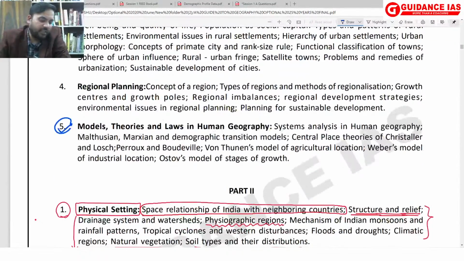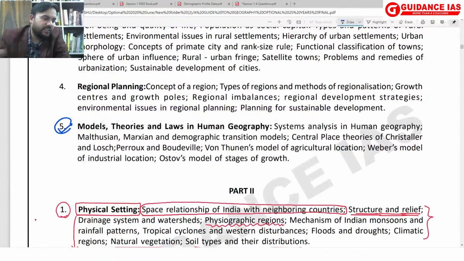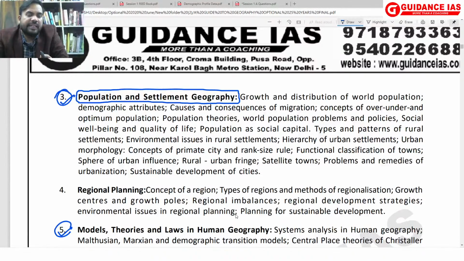So we will be starting here with population geography. If you look into the syllabus of population and settlement geography, you can see that it is mentioned as one topic. And this is the reason when you find long questions, it is almost alternating: one year they ask from population geography, the other year from settlement geography. Since the new pattern of the paper, they are no longer asking long 60 markers, now they are asking 20 markers, 15 markers. So now they have more choice. So many times they ask both in the same year, population and settlement geography.